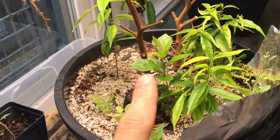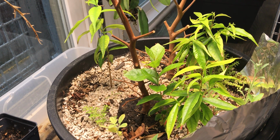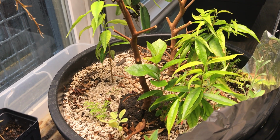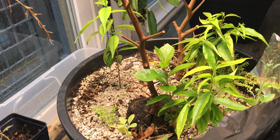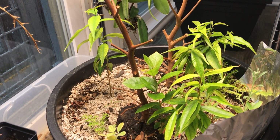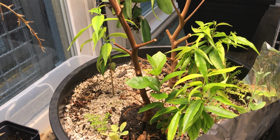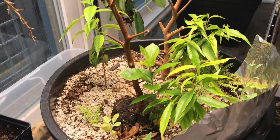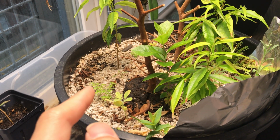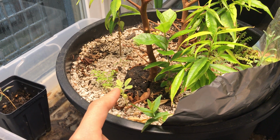And that one right there is a strawberry guava. I think the scientific name is Psidium cattleianum, the same as the orchid Cattleya, and then with a 'num' at the end of it. And that one is also a really vigorous grower. It's supposed to have invasive potential in warm parts of the world, but it's not going to be a problem in a pot, and hopefully it can fruit in a few years, who knows. And there are some weeds there that came with one of the orchids I got,